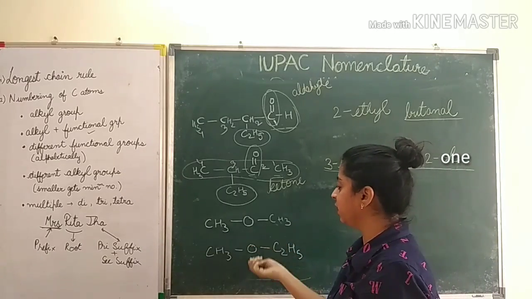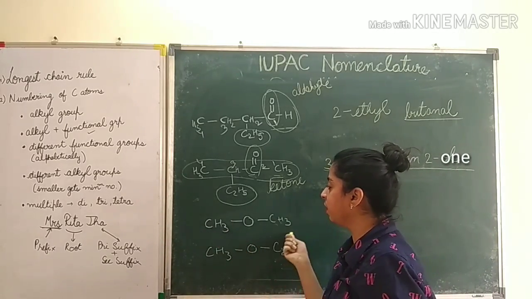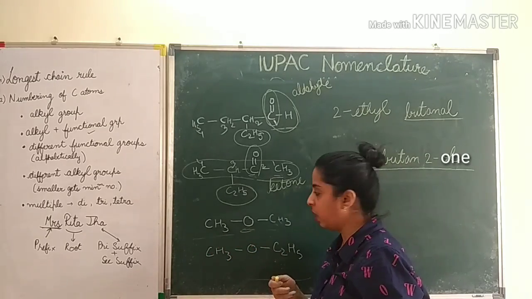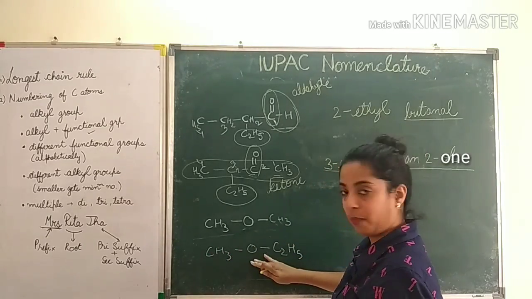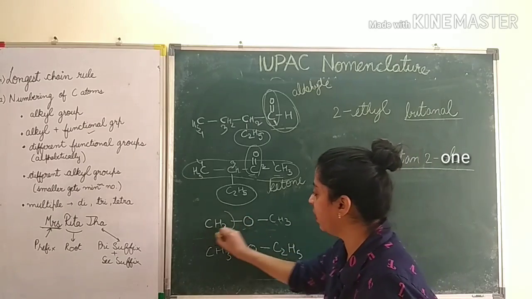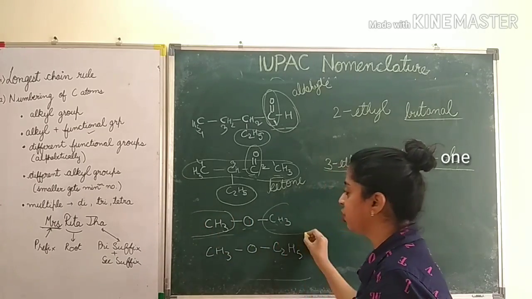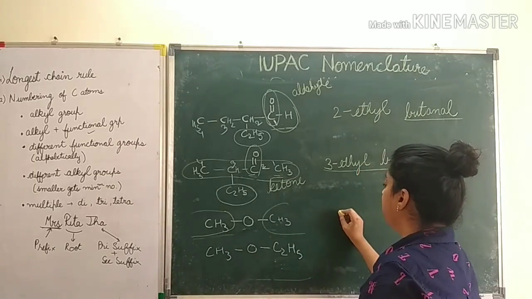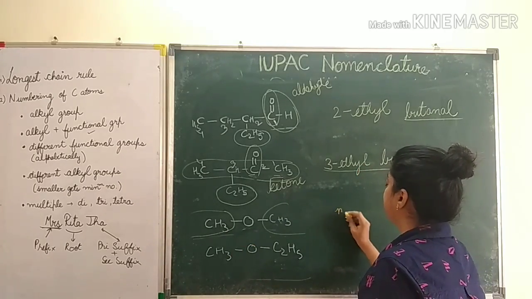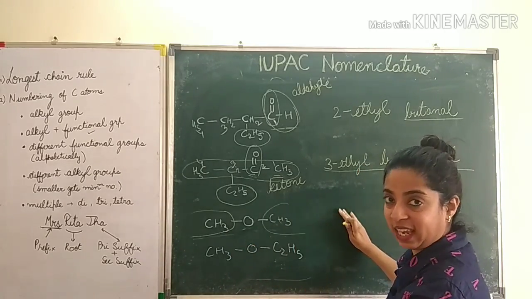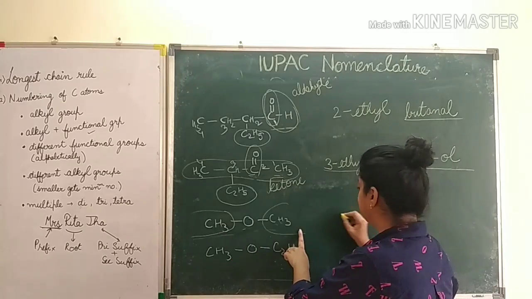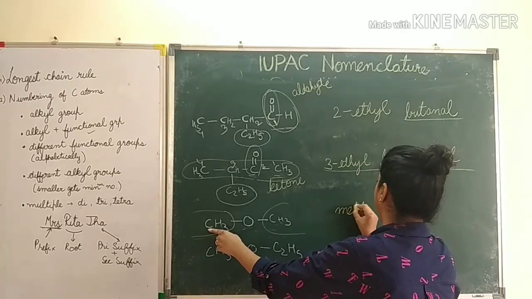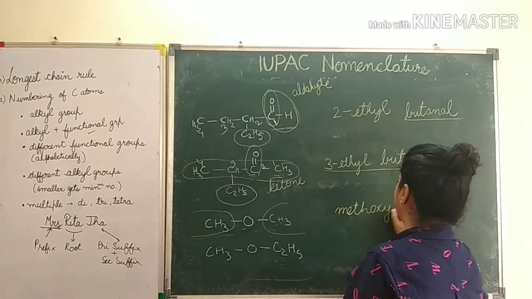Now see, this is ether group. Longest chain के बीच में, कार्बन के चेन के बीच में there is O coming. Okay, so whenever O is coming, okay, this is ether group. We will take this different chain and this different chain. Now here ये भी 1 carbon है, ये भी 1 carbon है. So first we will write, see, it was alkoxyalkane. The name was alkoxyalkane in this. So which is this? Meth. So it will be methoxymethane.